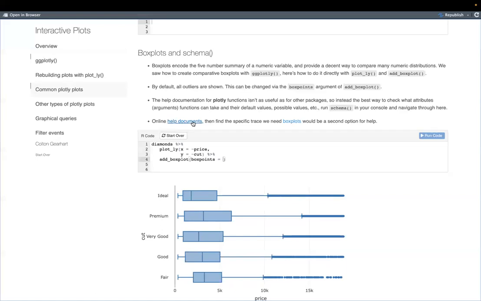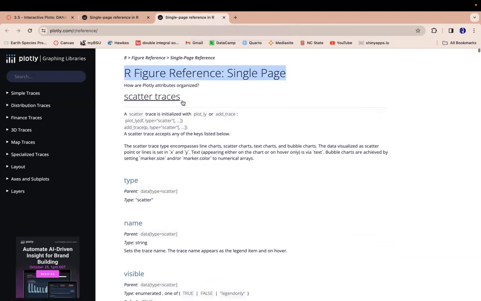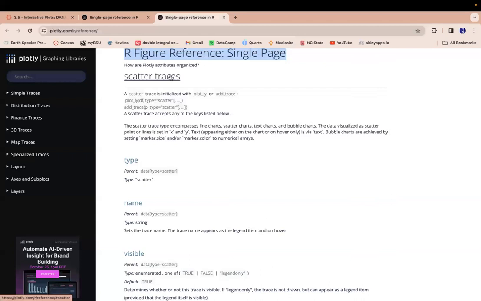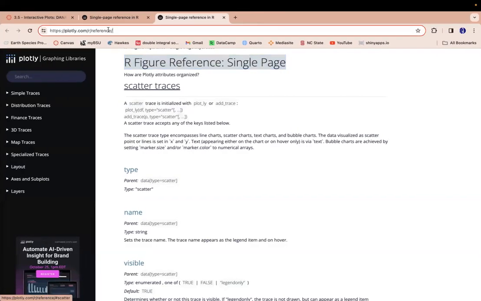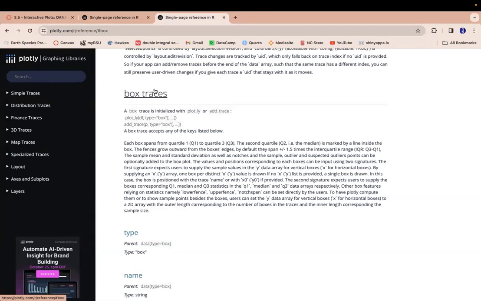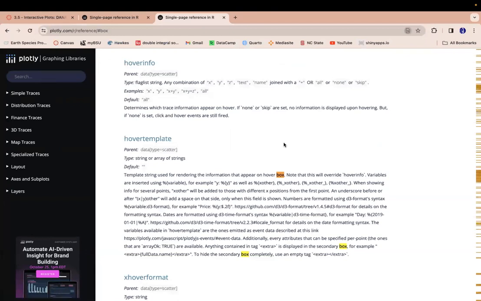Another way would be the help documentation. If you take a look at this help doc, this is the single page reference. So it has all of the different traces. For scatter plots, a lot of the line plots and such are based on a scatter type trace. So this would have everything that we need. So scatter trace would be a good spot to look for starting out. We could also go directly to the box plot one. So if you type in hashtag box, then that brings us to the box trace with all of the different options. You'd have to scroll down a while, but if I just search for boxpoints,